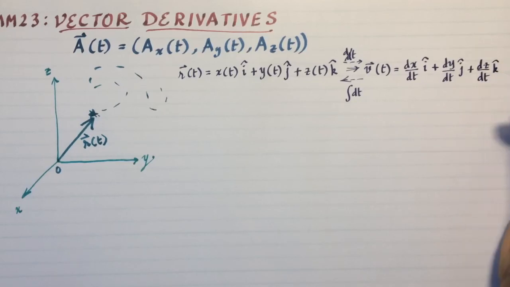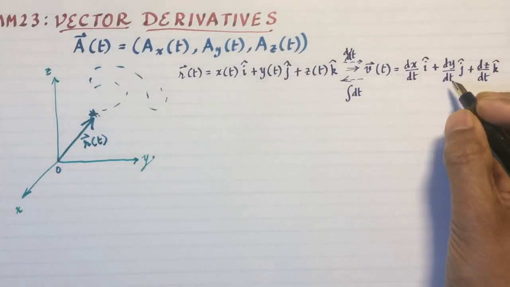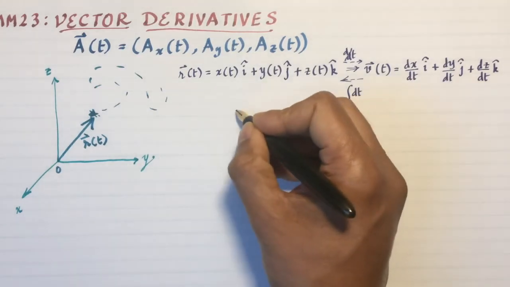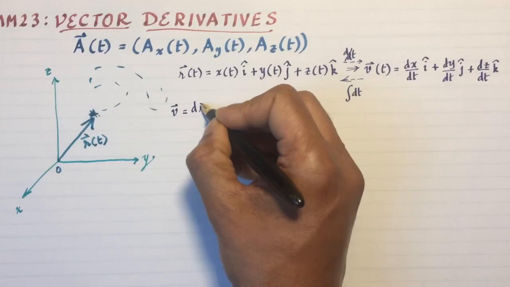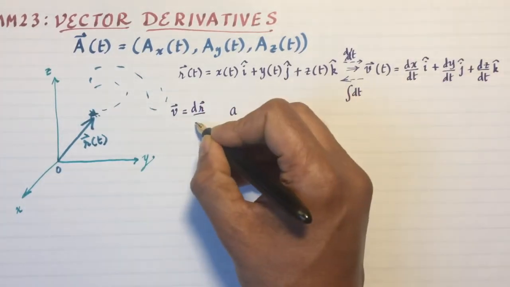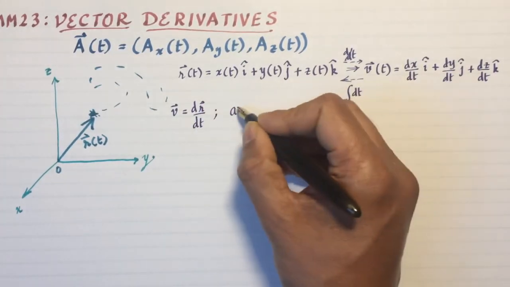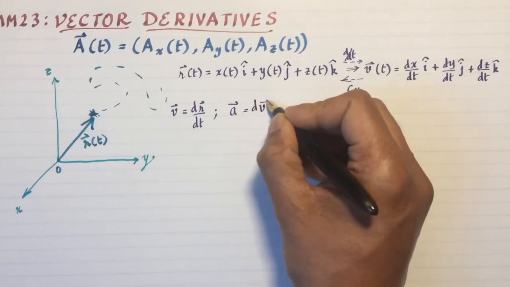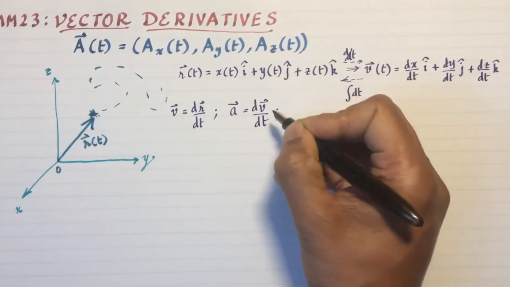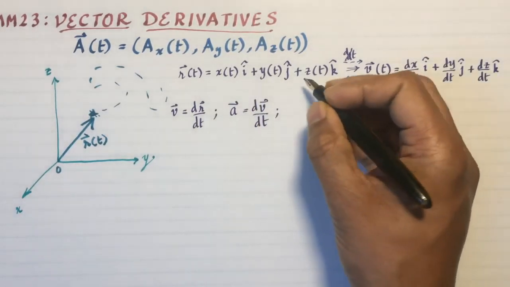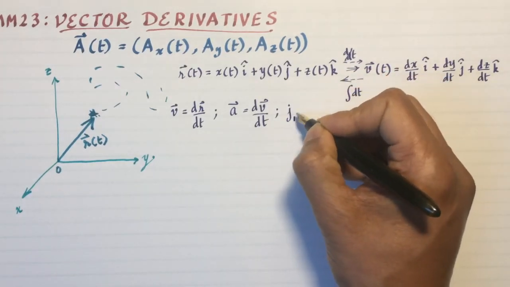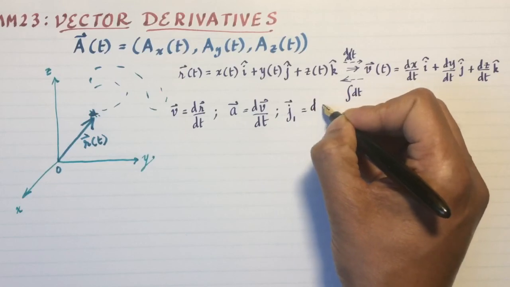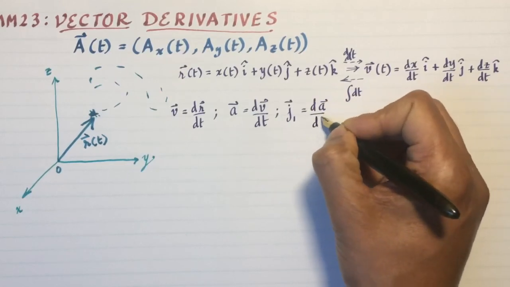So in this manner, you can get the velocity vector, and once you have the velocity vector, you can go further and find the acceleration. So if I write velocity as dr by dt, which is what I've done there, then the acceleration would be dv by dt, and you can further differentiate acceleration if you want. These are known as jerks. So the jerk of the first order would be da by dt, etc. So you can do this